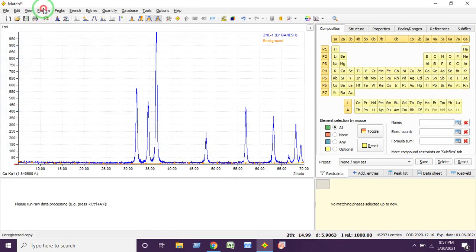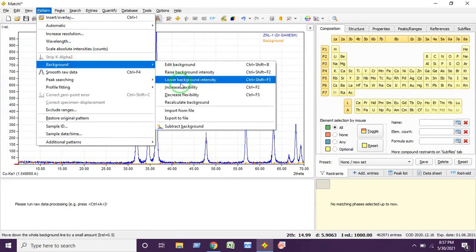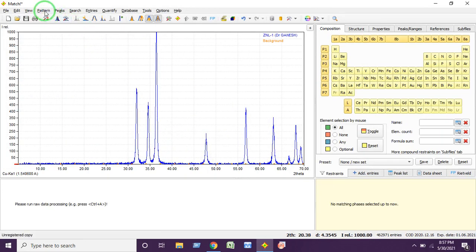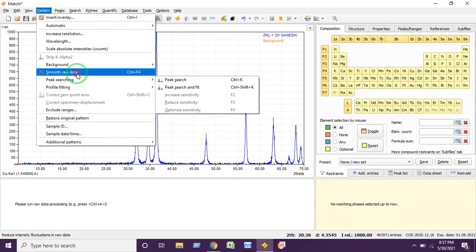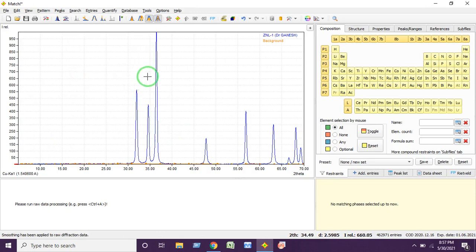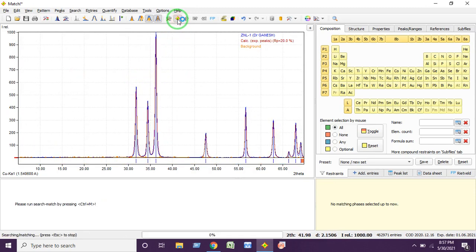So this is the file. I am going to remove the background, then smooth the raw data, then directly run the program. You can see it is very clear, no impurities are observed. That's why I'm directly running the program, because my aim is to reduce the chi-square value.